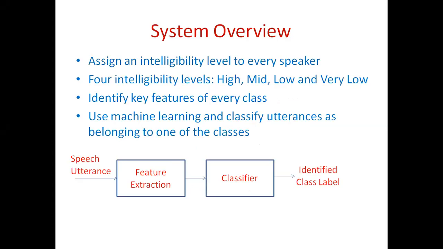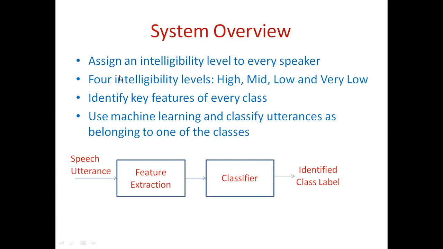So the system overview goes like this. First part is a speech utterance given for feature extraction. Here signal processing happens, and the features extracted from the signal are given to a classifier. That means here it's a machine learning problem. And finally, the output is the identified class label. What is the identified class label now? Here in our work,